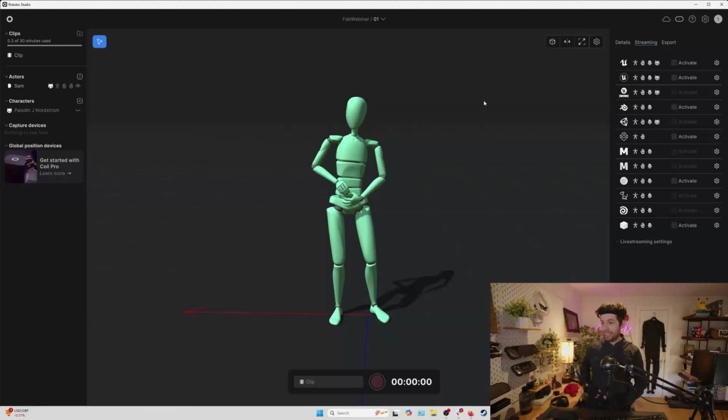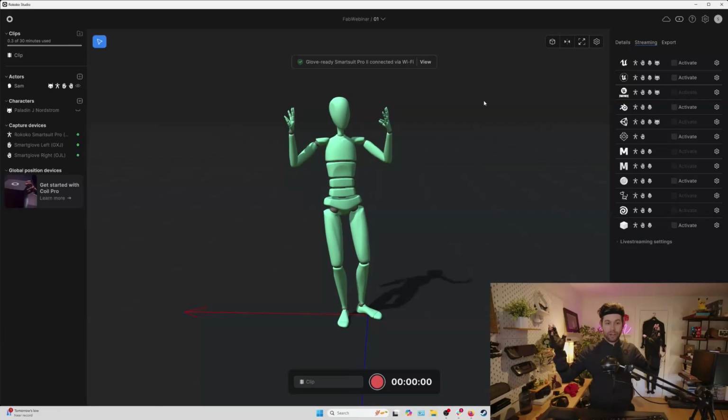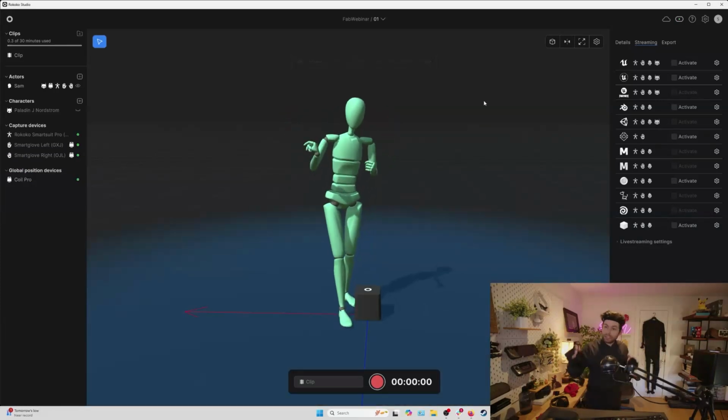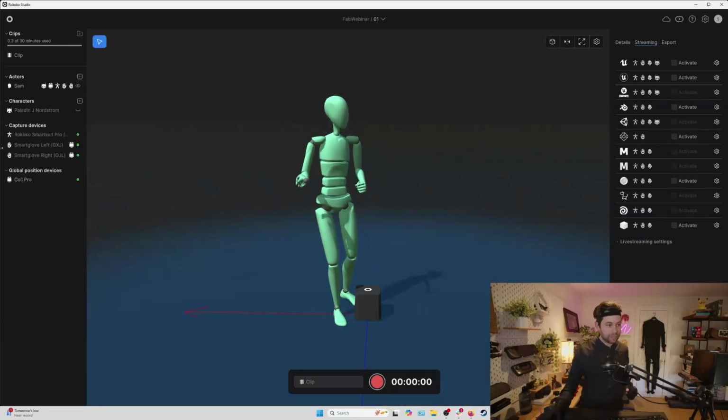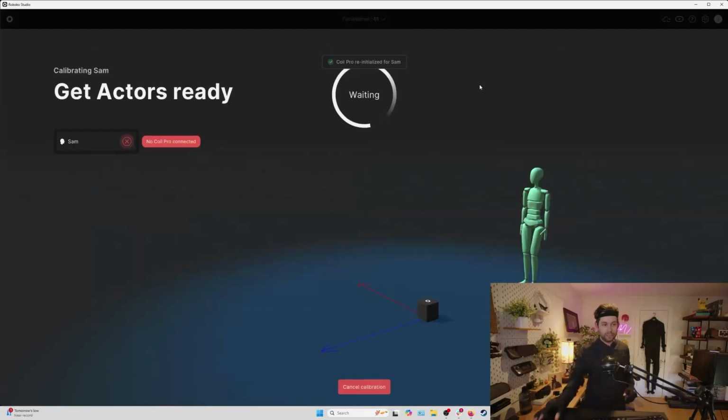Okay, coil is on. If we repower the suit, the coil will pop up in our scene. And yeah, turn my suit back on. And we should get the coil that will kind of populate in the scene. And that will happen once the coil senses my smart gloves, right? And so here we go, I'm back. But then also, oh, looky, what is that? That's a little coil. So now when I do my calibration,